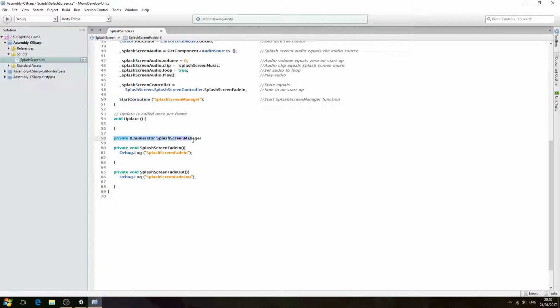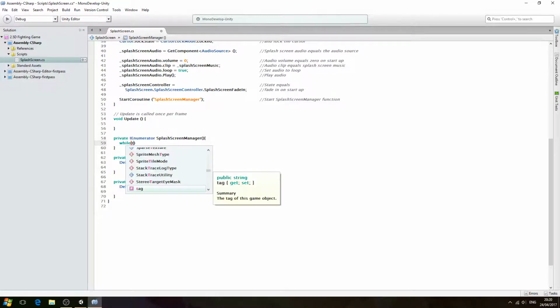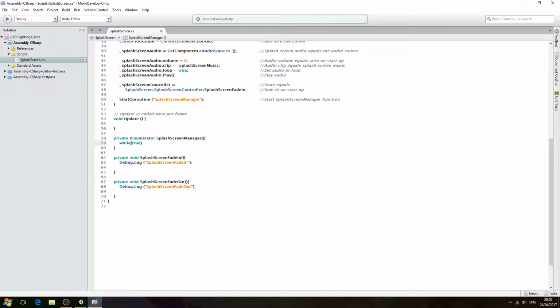We're actually calling this function. So we'll come to the end, we'll open and close brackets, we'll open and close again. We'll come inside the brackets and we'll say while open and close brackets, come inside, true, come to the end, open and close again. So while the coroutine is active,